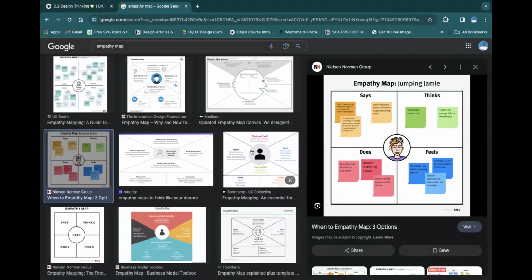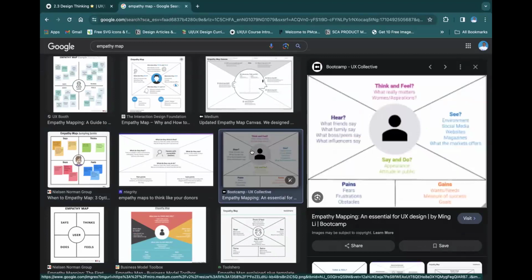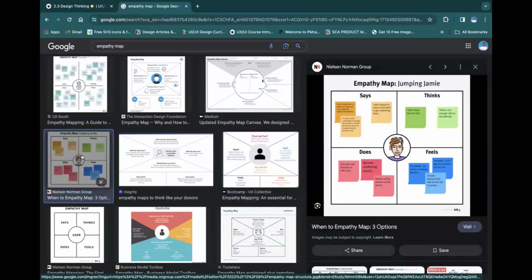Now, for some people, there are differences. Some add think and feel together, hear, see, say, and do. It depends on what exactly you want, but just keep these key things in your head: what they say, what they think, what they do, what they feel. So these are like the four